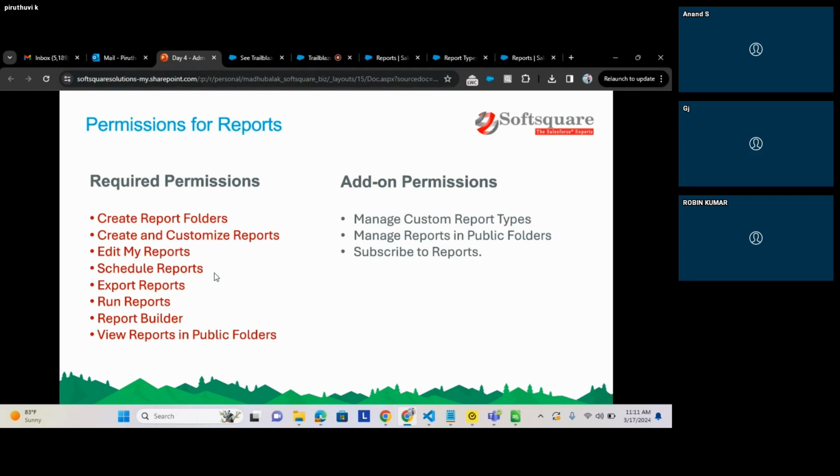Alright. We have been seeing the various formats of creating reports, using filters, everything, sharing a report, folders, etc. But can everyone have access to these things? Well, the answer is no. Only the users